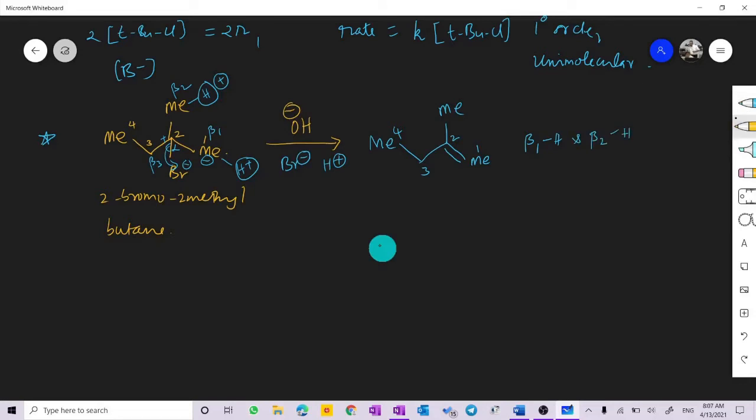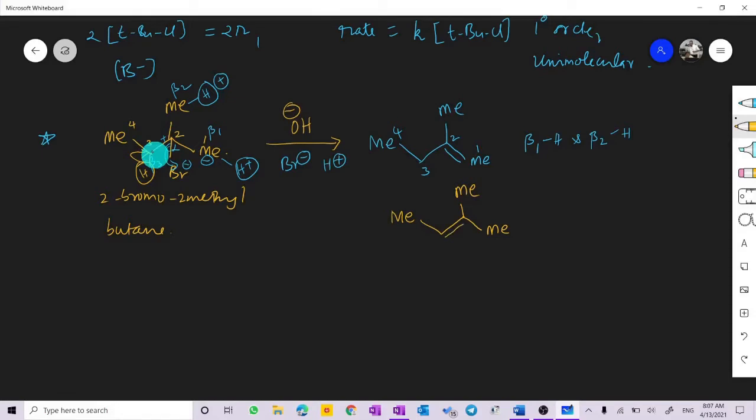Now we will look at beta 3. If you remove this proton from beta 3, then you will have the Me that is there. Draw the first structure so that you can put the double bond later. The Br minus is gone, and this proton is gone. Therefore the electron present in this bond will go to this position, and the Br minus leaves, developing a carbocation here. When you have a minus and plus on adjacent carbon atoms, your alkene bond will be formed here. So this is another alkene that is formed here.